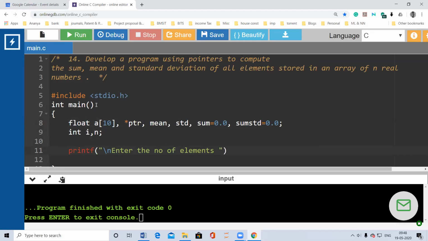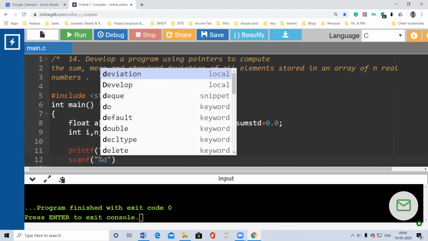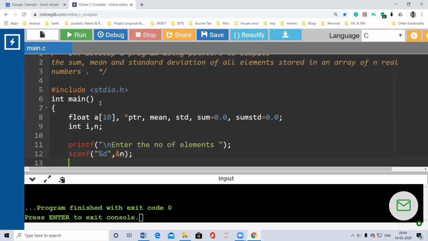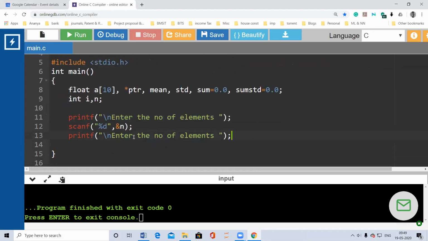Okay, semicolon, scanf, percentage d, ampersand n. So I'll accept the total number of values that I'm going to accept in the array. So enter the numbers. We'll just say enter the array elements.